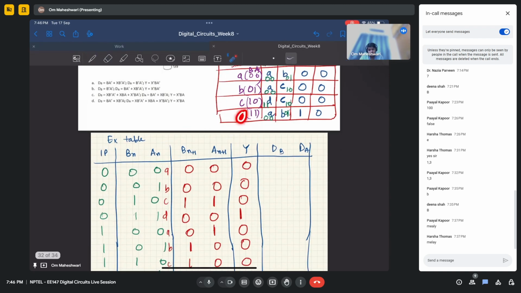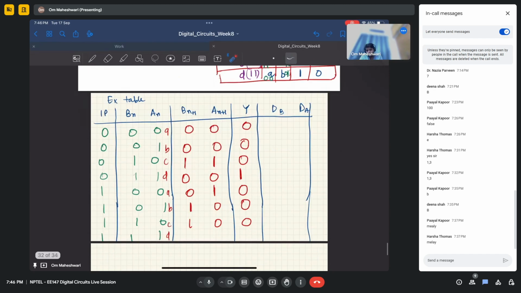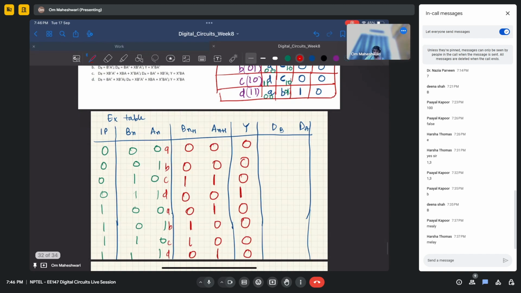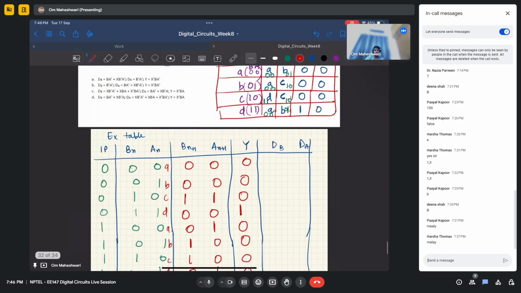You are at state D, input is 1, you go to state B, output is 0. B is 0, 1, output is 0. Okay. So we have filled all these columns. Now we just need to connect the